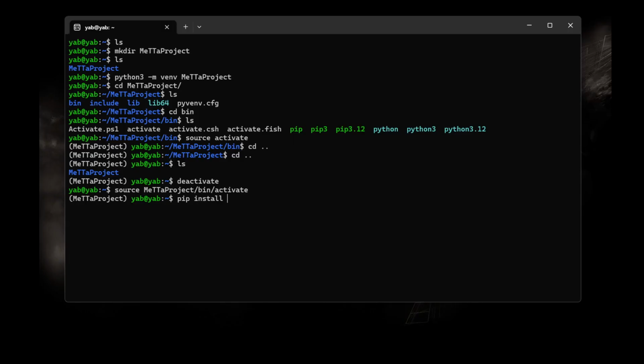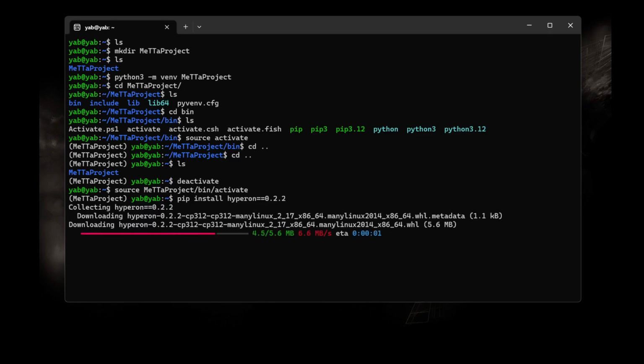So to install the MeTTa package, we're going to run the command pip install hyperon==0.2.2. So we are installing MeTTa version 0.2.2. So the MeTTa programming language is accessed through the hyperon package. So we need to install the hyperon package first. So after this, we can run the command metta --version, and we can see that we have our MeTTa version